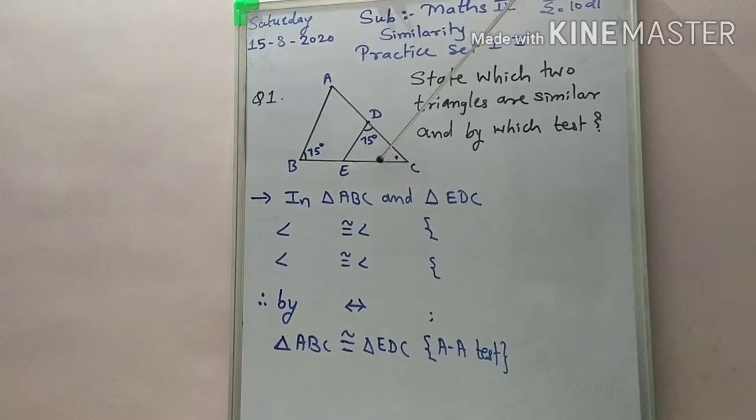As you observe here, students, angle C is a common angle to both triangles. In ABC we have angle C, and in EDC we also have the same angle C. In triangle ABC we write the vertex C at last, so here we take vertex C at last, and hence for A the remaining vertex is E. So we get the one-to-one correspondence of vertices as triangle ABC and triangle EDC.